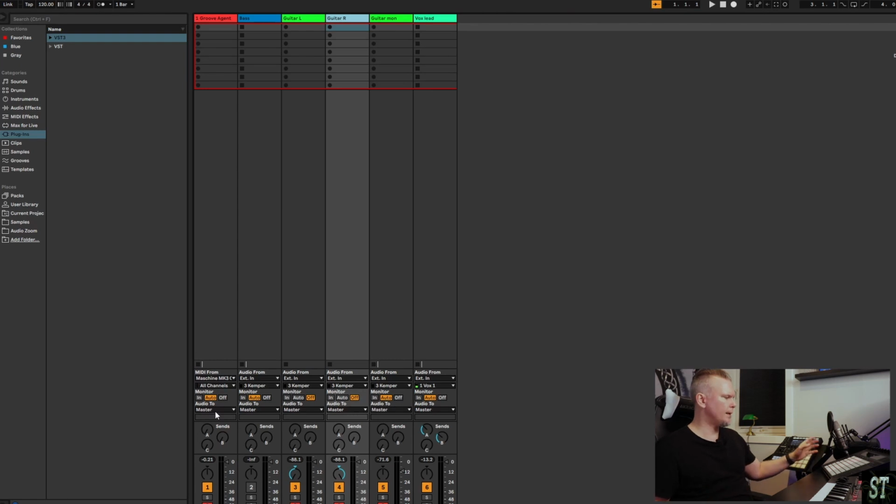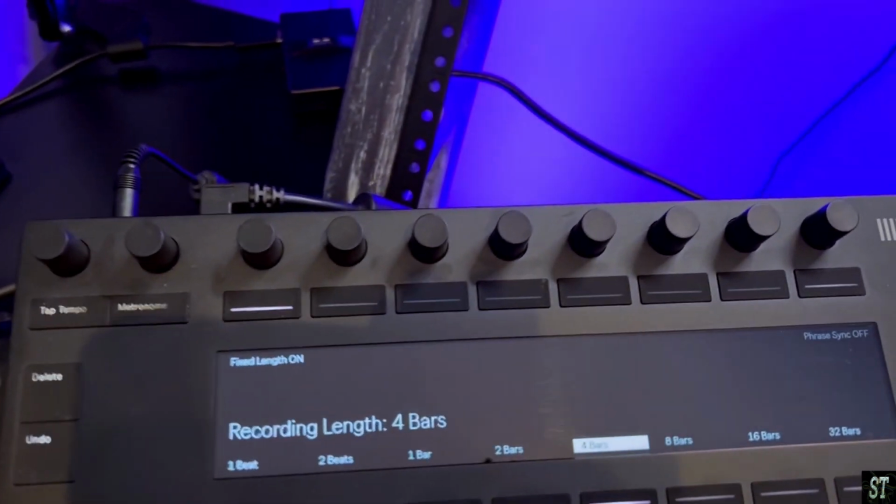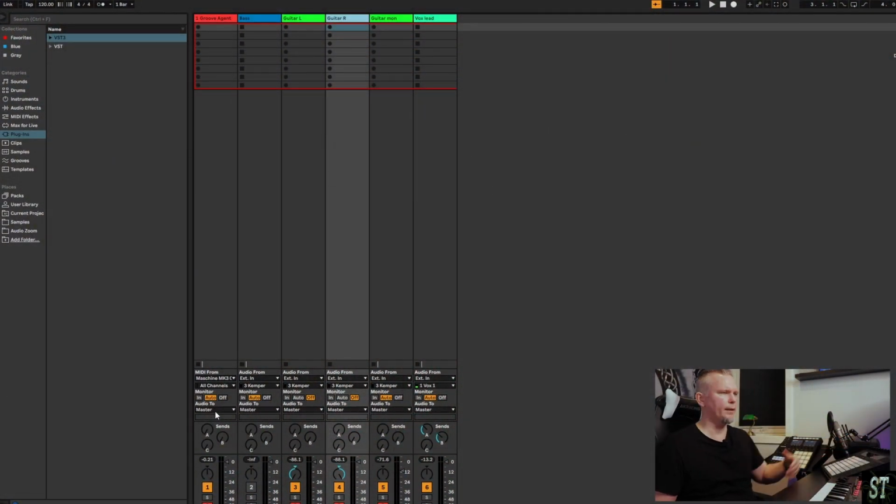In most cases, I activate fixed length, and depending on the riff, I set the clip length to record 4 or 8 bars, and I also play with the tempo while playing the riff to find the tempo I want for the song. And after that, I just make sure that the guitar tracks are armed, and then I'm ready to go. And as I said, to avoid the audio out getting too loud, I double check that the monitoring